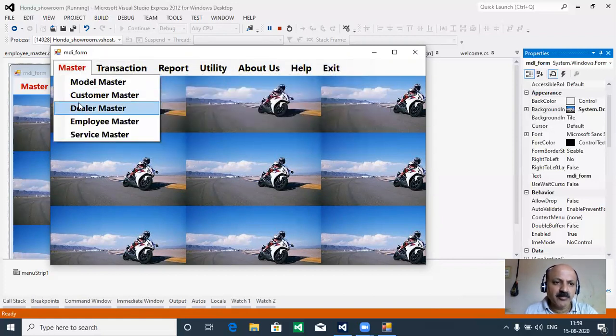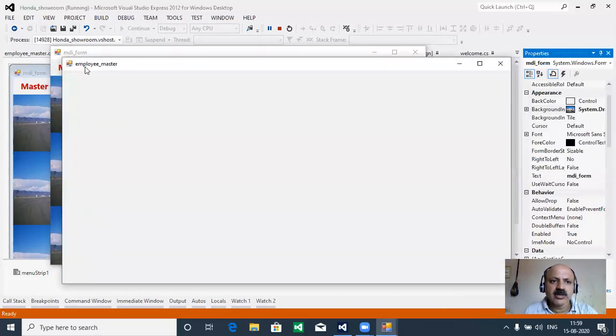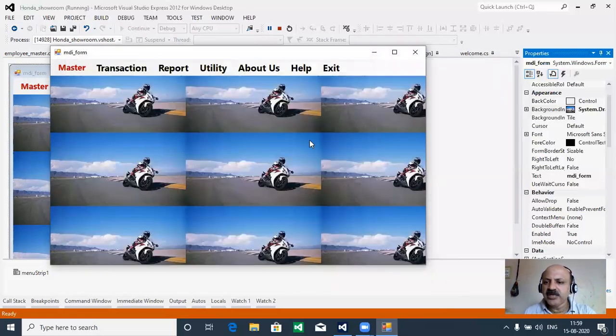Let us check our Employee Master, we have to take it first. So directly, yes, our Employee Master is open. That is the same way you can open the others. And here we can do all the designing, and for Exit, we can exit, and the MDI is open. So that comes back to our MDI form. So we cannot close our MDI form, just close this form. At that place, we can take the designing or the Exit button there. So I close that. So our MDI is open.